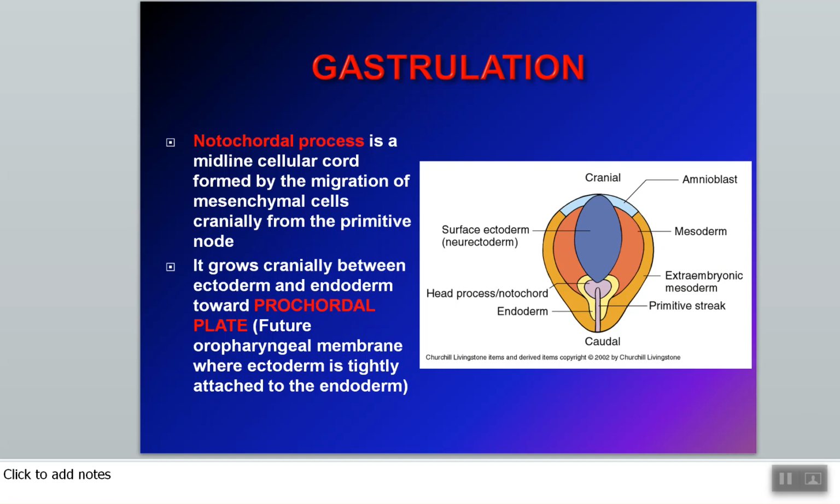Again, this picture shows the formation of the notochord. As I told you, one mechanism for the formation of the notochord happens when epiblast cells migrate directly from the floor of the primitive pit. First of all, the first wave of cells makes the prochordal plate, and the second wave of cells migrating through the pit makes the